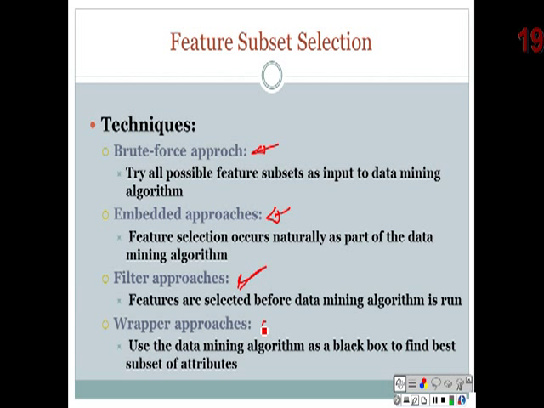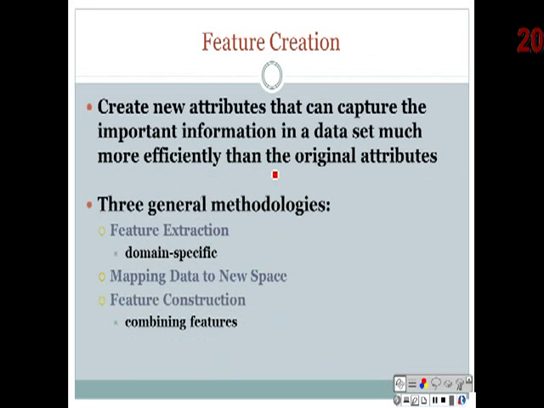Wrapper approach, which you consider as a black box. You don't know what you're doing. It is very similar to brute force. You just apply it, and then you will see what kind of analysis, what kind of pattern you can discover, and then you keep repeating it until you find the best one. Okay, so as we talked about, the eigenvector can provide us with mapping from 2 dimensions to 1 dimension,